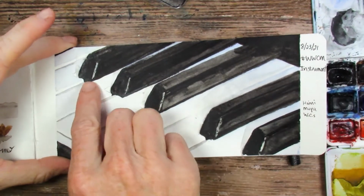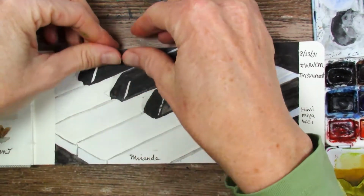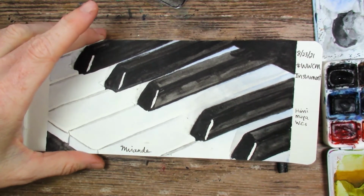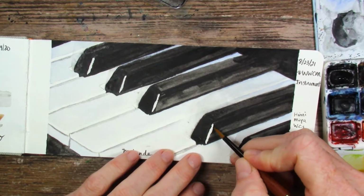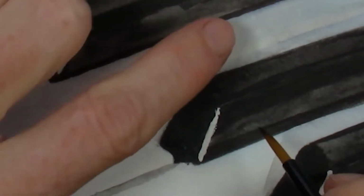All right, here it is all done. Let's take the masking fluid off, see what we're left with, those beautiful bright white highlights. So I guess we should clean those up a bit and give you my thoughts on this paper, if I haven't already, is that it's fine for more dry work, but you can see where I did the shadows